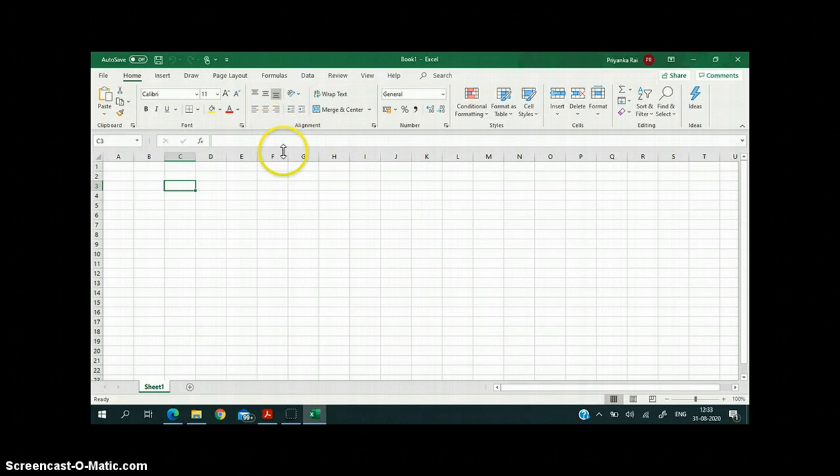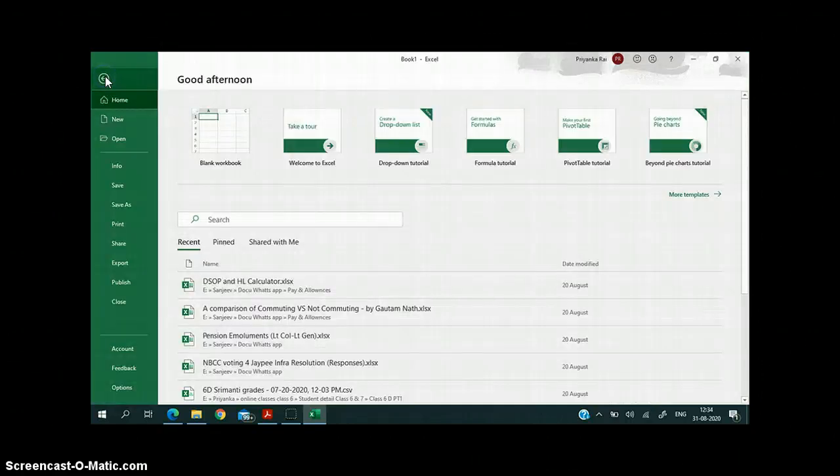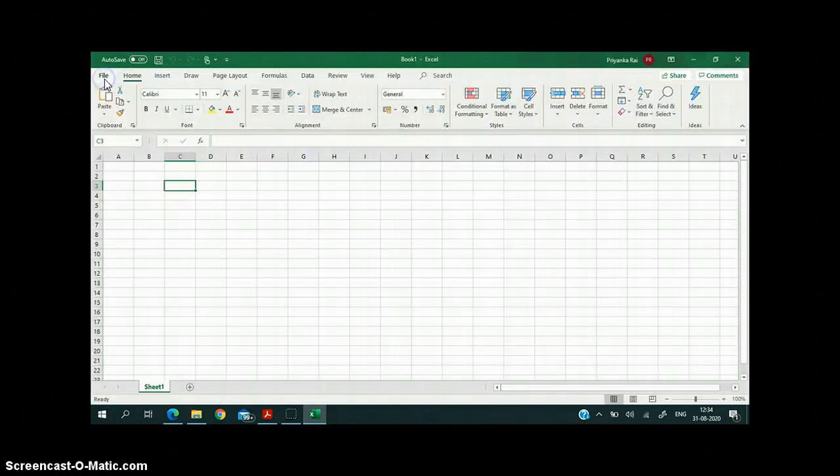What are the different parts of an Excel window? So first of all, this is the title bar. It shows the name of the displayed workbook. Since I haven't given a name, a default name Book 1 is written here. Now next is your file tab. When you click on the file tab, backstage view appears, which resembles a menu, and it has commands like save, print, open, new, or export, share. All these buttons are in the file tab.